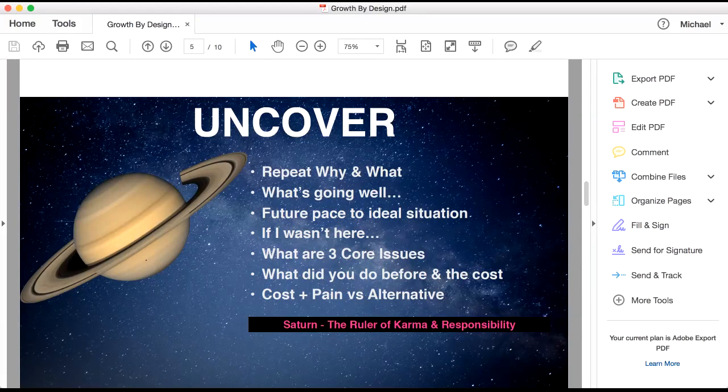So they've outlined the 3 issues, whatever those are. Generally speaking, they're a lack of time, a lack of resources, and a lack of money. That's generally what those 3 core issues tend to be in all sorts of things. Then you ask them, what did you do before to fix these problems? And what does that cost you? Not meaning, did you buy a course from, I don't know, Brendan Bouchard? That's not what I mean about the cost. What I mean is that because you haven't fixed this and it's been a problem for you for 3 years,